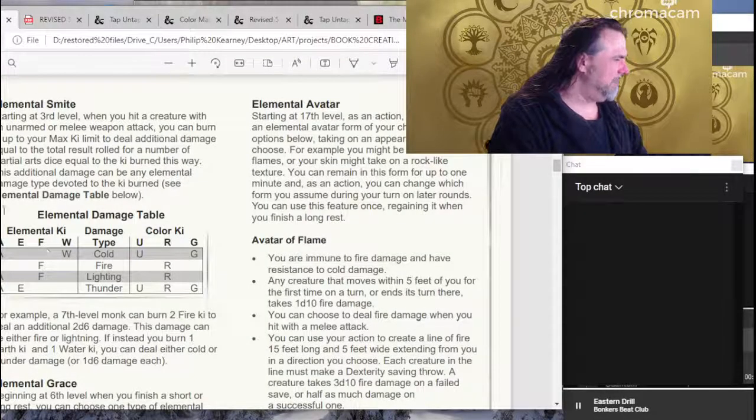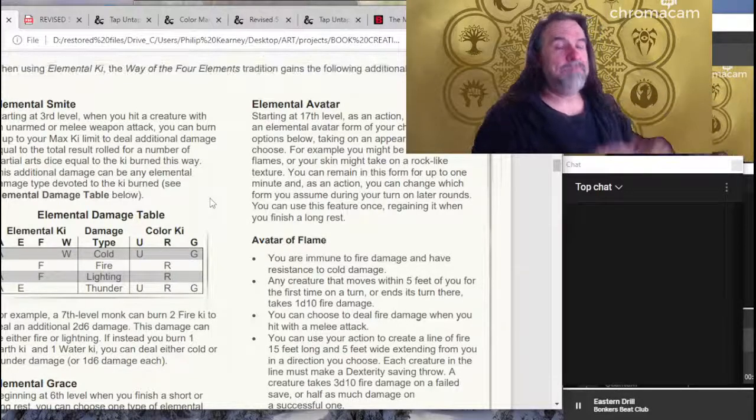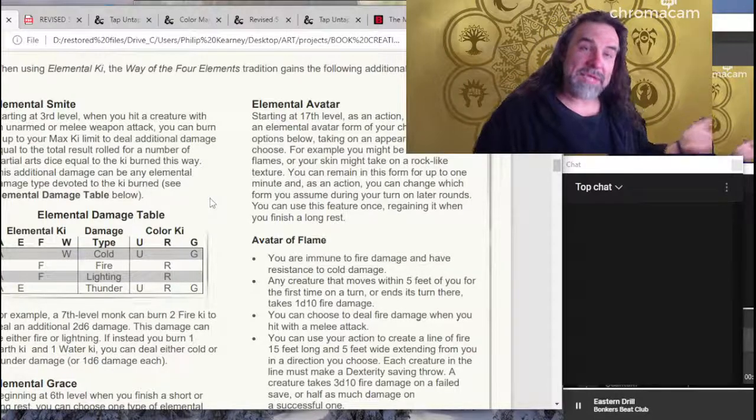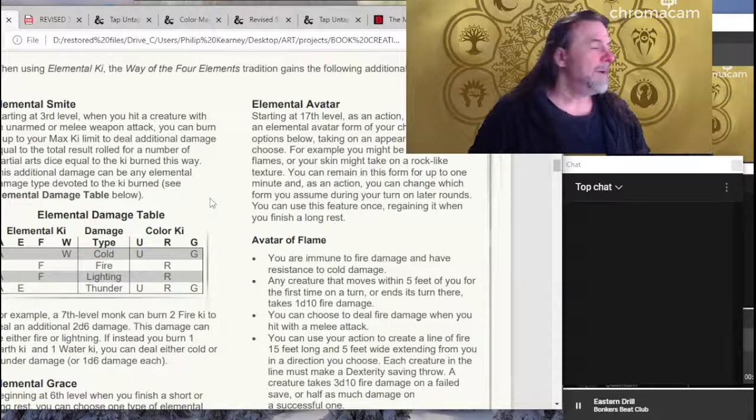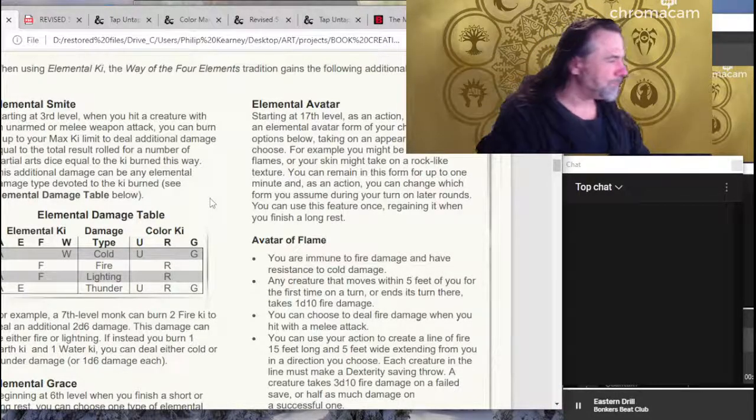And we see cold damage is UG. So it tracks. The system is built to drop into the 5-color magic paradigm. But at the same time, if you don't want to use 5-color magic, it now starts to introduce the language of the 4 elements of magic as a magic paradigm.